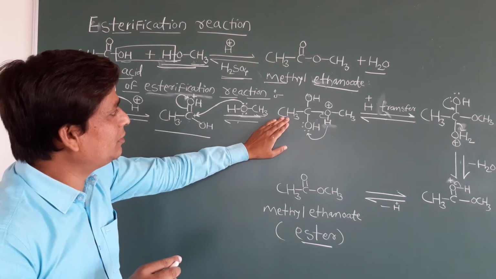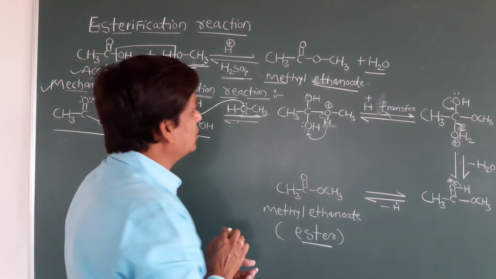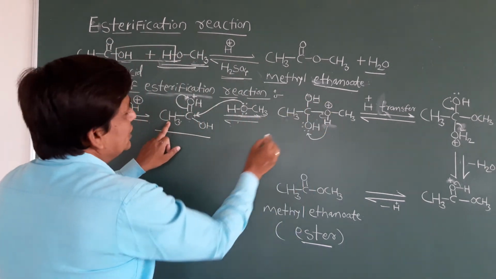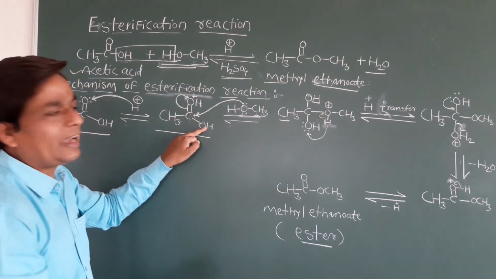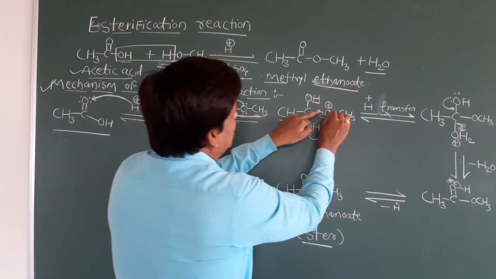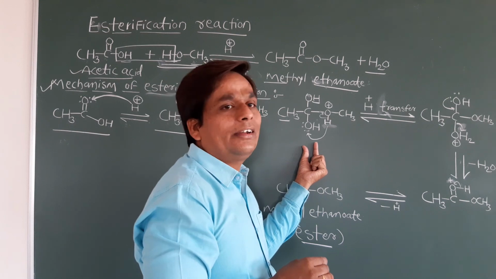See the other structure here: we will get one tetrahedral structure. It is a tetrahedral intermediate. Now this is converting to the OH, this CH3 as it is, this carbon as it is, this converting to the OH group, then this OH as it is, and this whole part, OCH3 and this H, is going to be attached. We get the tetrahedral intermediate here.